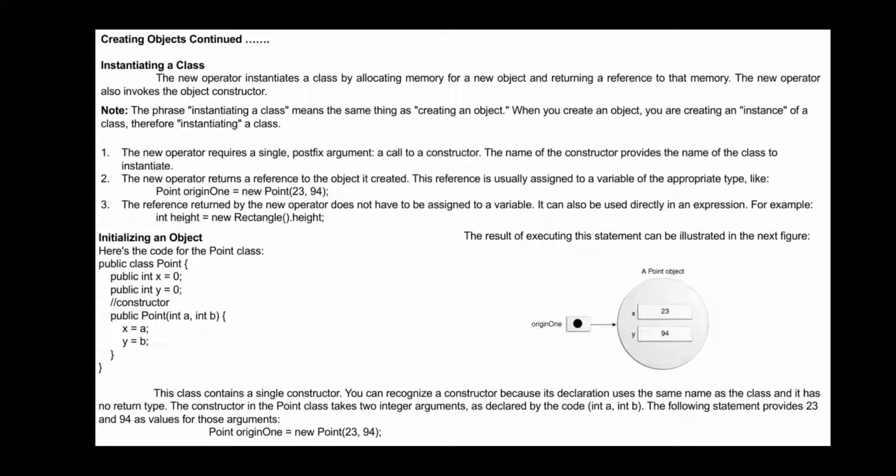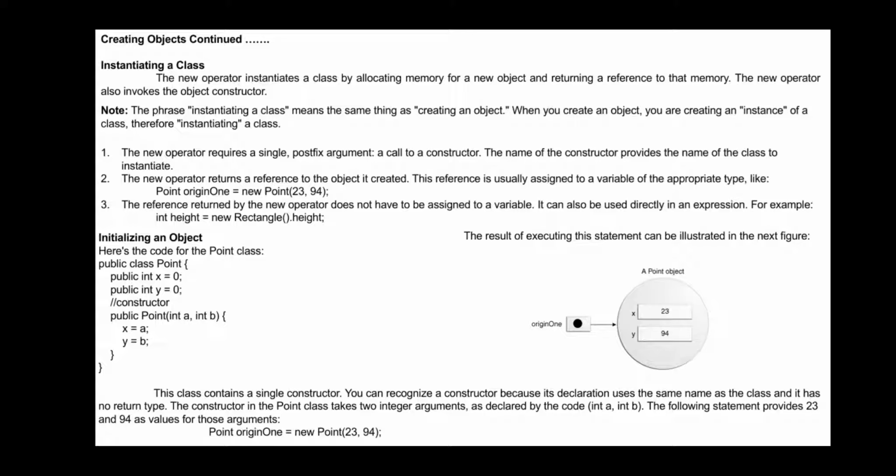So this class contains a single constructor. You can recognize a constructor because its declaration uses the same name as the class, and it has no return type. So you are not having any return type for that one. It is public Point, not public int Point or float Point. A constructor doesn't need any return types, but when you define these things as normal functions, you need to go for that.